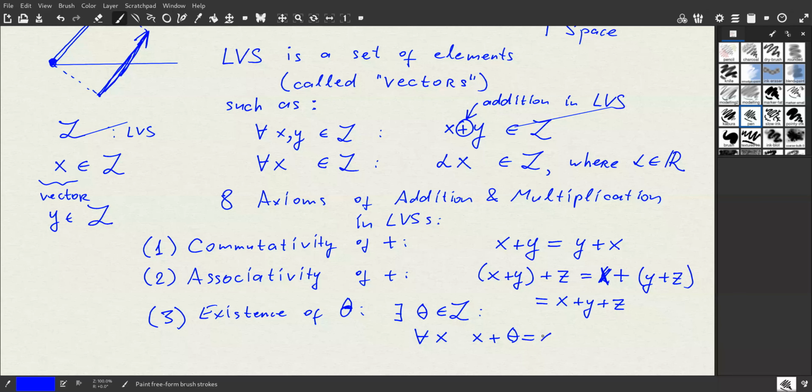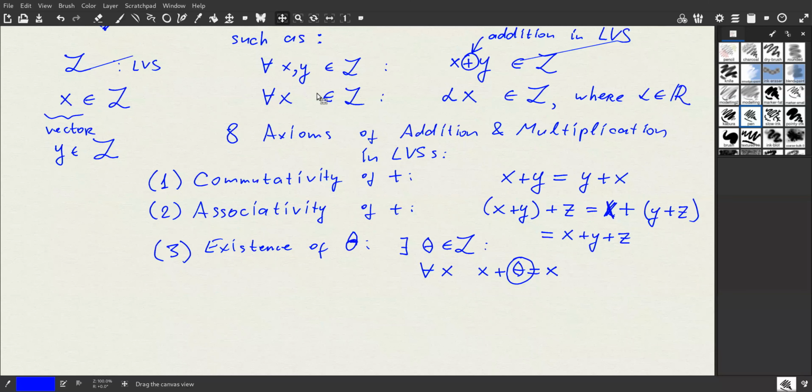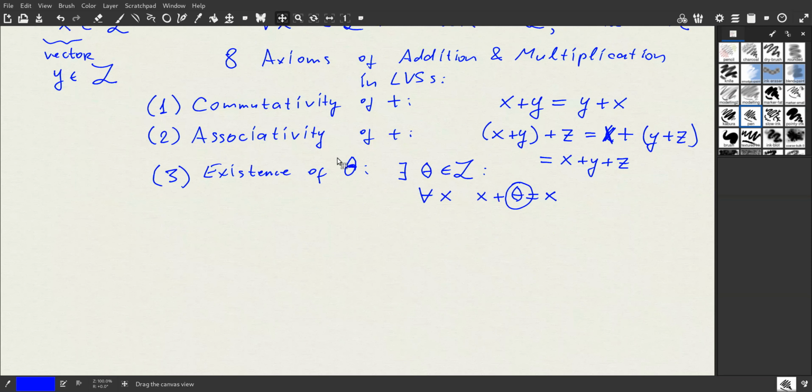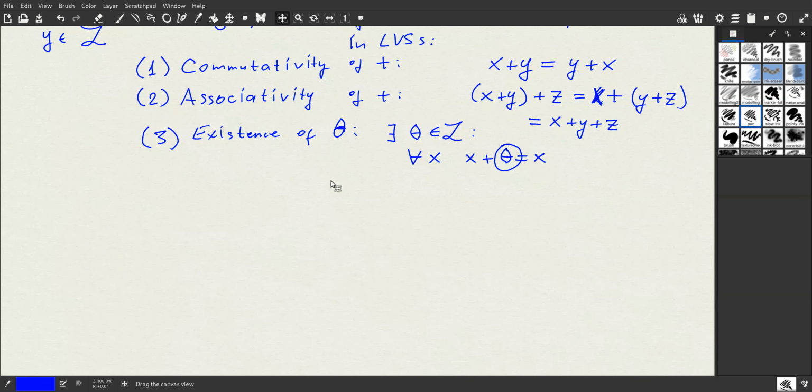x equals x, yes. So this theta plays the role of a zero element in our linear vector space. Okay. Now, what else? If we have a zero, then we have